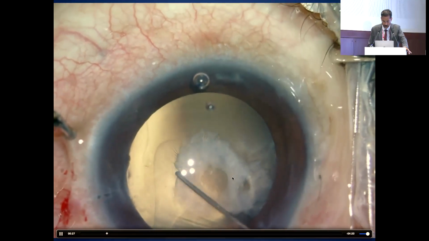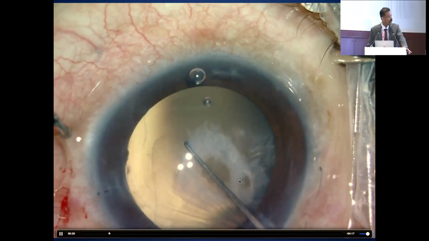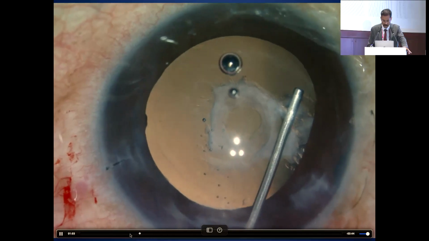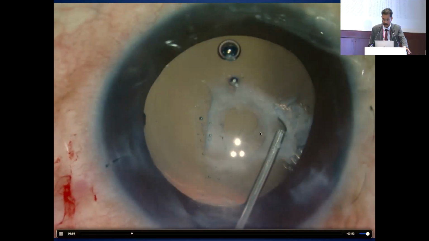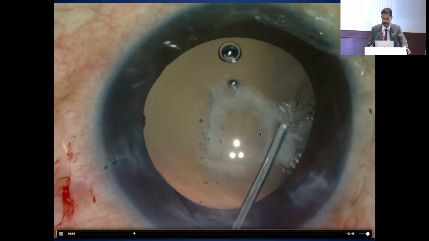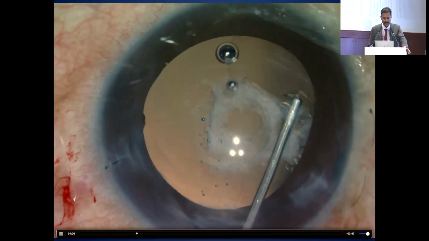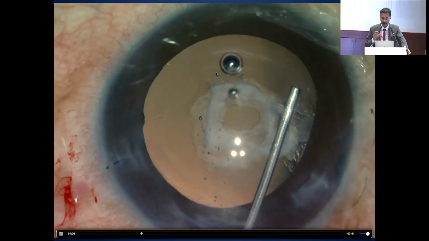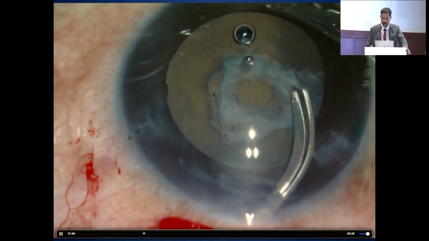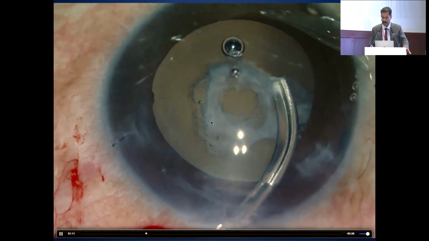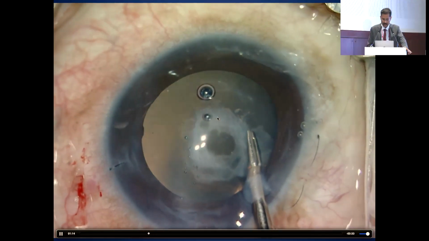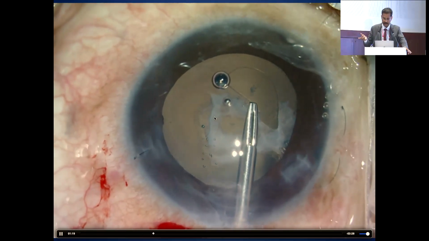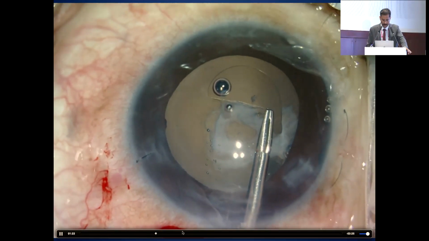But if you look at this small area, there is a gap. That is what God leaves for you. Through that small gap you can see Elschnig's pearls already growing out, so I can identify that area, and visco can go into the bag. See the bag getting opened up? The visco can go all along and open up the whole bag. But the center is so tightly stuck that I cannot release it, so I have to go around it, cut with the scissors, and open up the anterior capsule beyond it, and then complete it